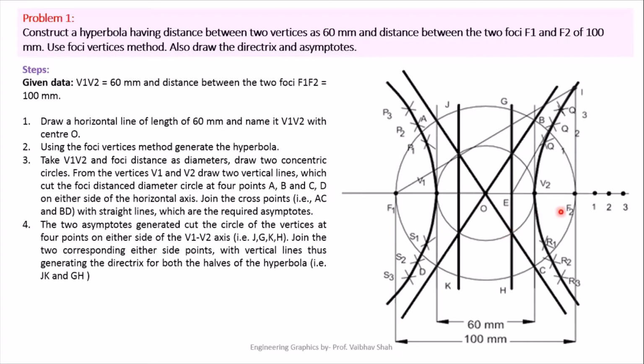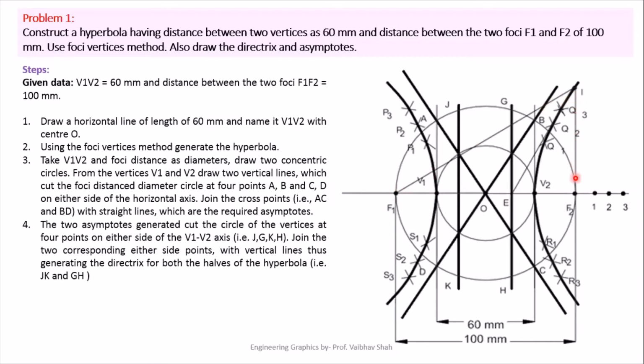For the second method to draw the directrix, we must draw a vertical line from F2. So let us draw a vertical line from F2. This line will intersect this hyperbola curve at somewhere this point, and let us say this point is I. After getting this point I, you have to simply connect this point I with your focal point F1. So you will have one angle generated, F1, I, F2.